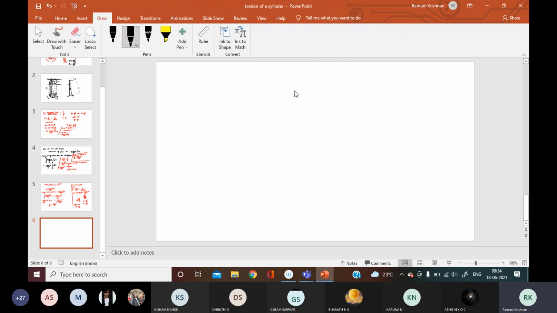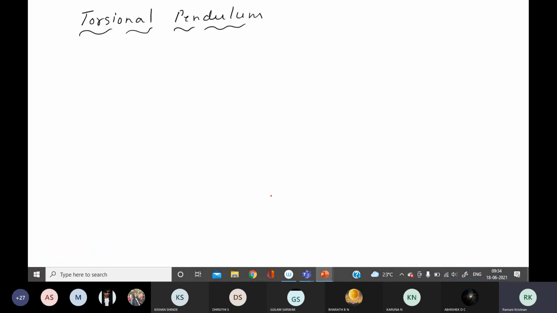Module 2 is over. So now, with respect to this, the experiment, not experiment, this is also theory, is the torsional pendulum. This is that lab we are going to see this week also. So with the torsion of a cylinder comes this torsion pendulum, which is taken as part of the lab. So what is a torsion pendulum? A torsional pendulum is, if a wire is taken, in the lab also we are going to take a wire.